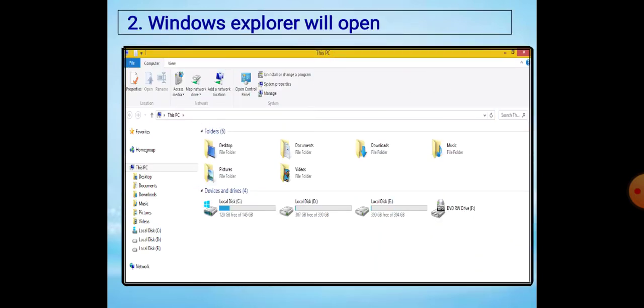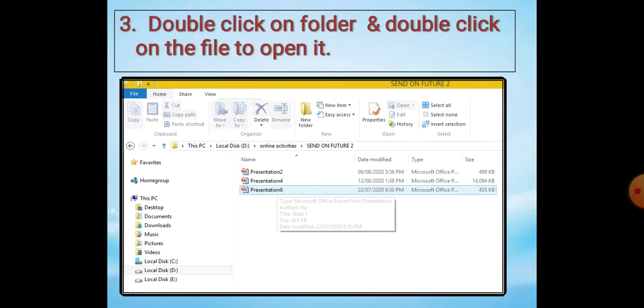Now this is the window of Windows Explorer. In Windows Explorer you will see left side shows the drive name and folders or subfolders, and right side part shows the content of the selected drive or folder. आप देखेंगे इस पिक्चर में मैंने the PC selected है, तो all the drives are coming in the right side. Okay. Now once you have opened the Windows Explorer, go to the drive and go to the particular folder जहाँ पे कि आपको उसके कंटेंट को ओपन करना है.